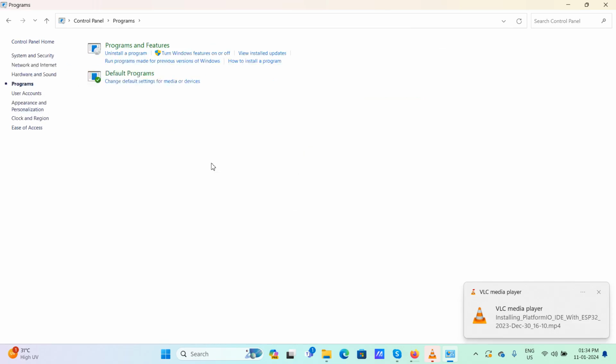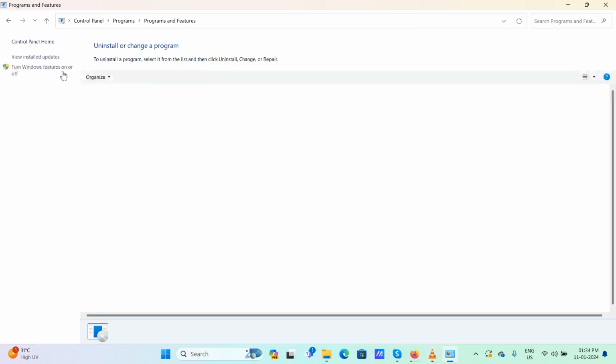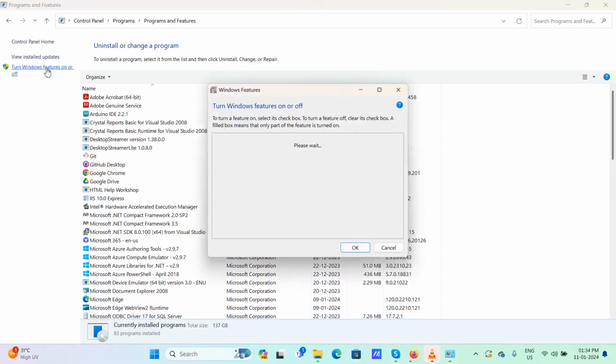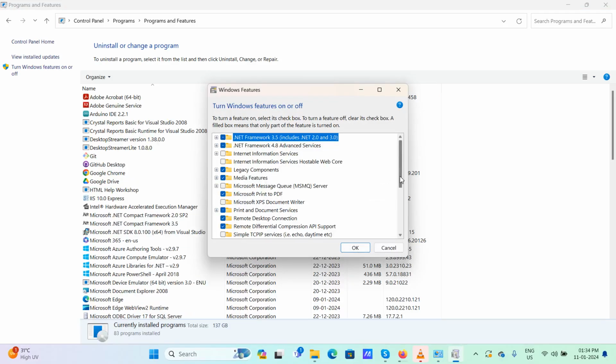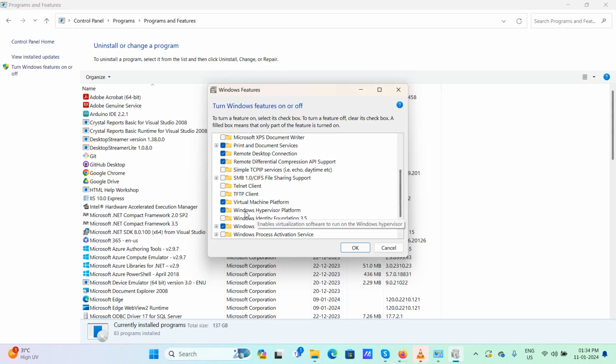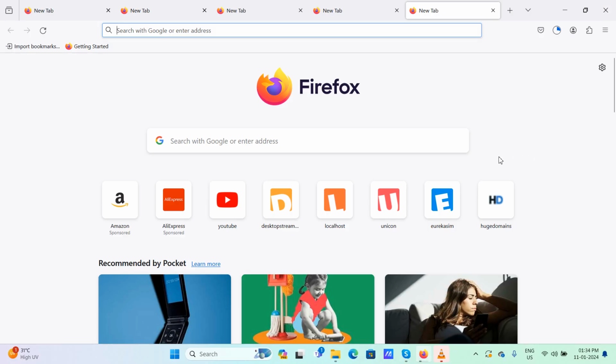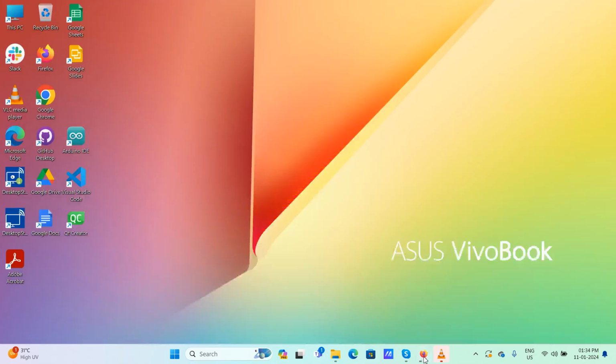Then again, make sure that in your control panel, in the Turn Windows features on and off section, you enable Virtual Machine Platform as well as Windows Hypervisor Platform. This is actually a Windows 11 machine. Make sure that these two things are installed. And before that, from the BIOS, make sure that your virtualization is actually enabled. Okay, now we can go to